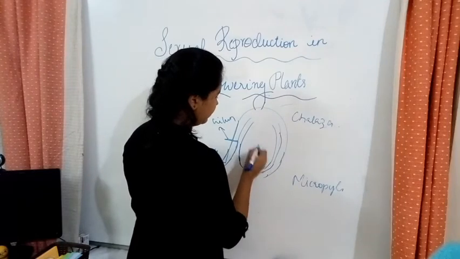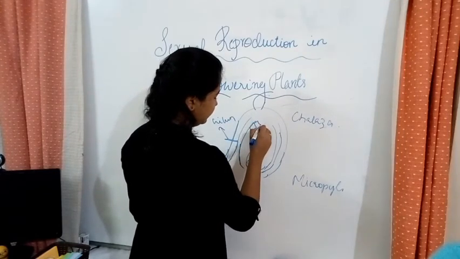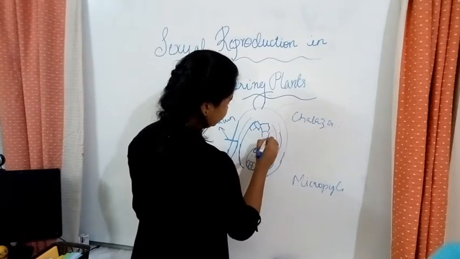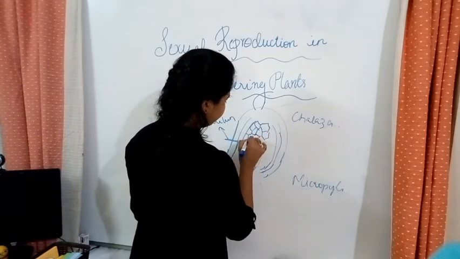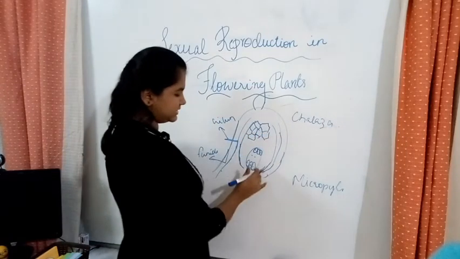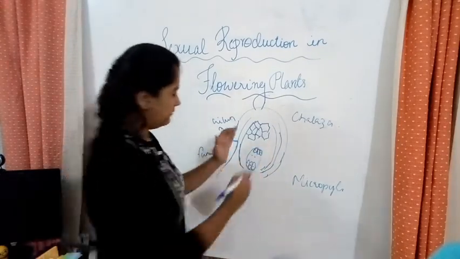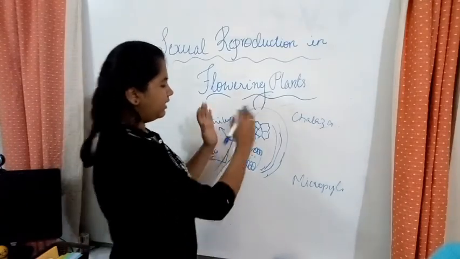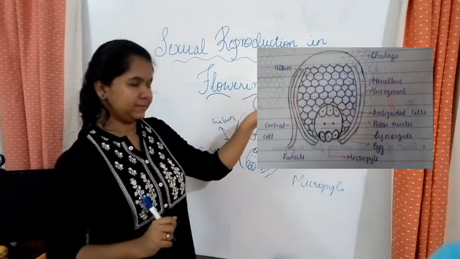Okay, and I told you the structure of this thing: the nucleus is drawn like this. So this goes like this. It's completely filled. The nucleus is completely over this female gamete. Okay, so this is the structure that comes inside the ovule. The structure will look like this.